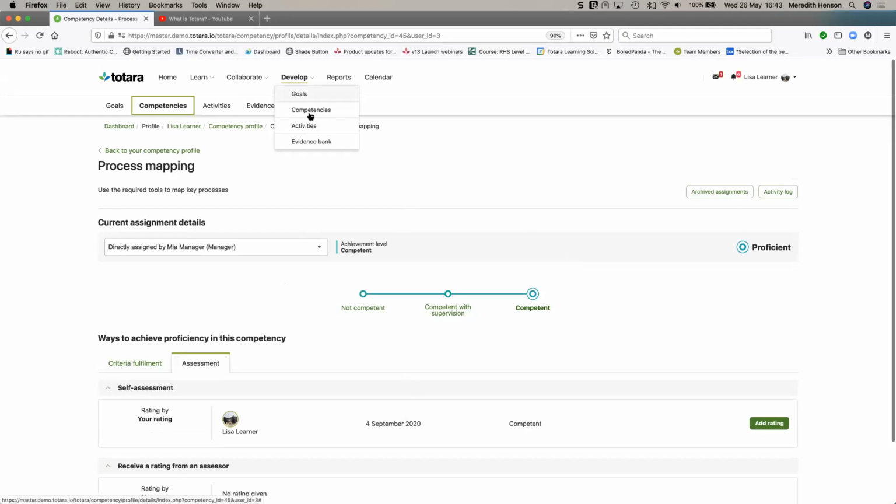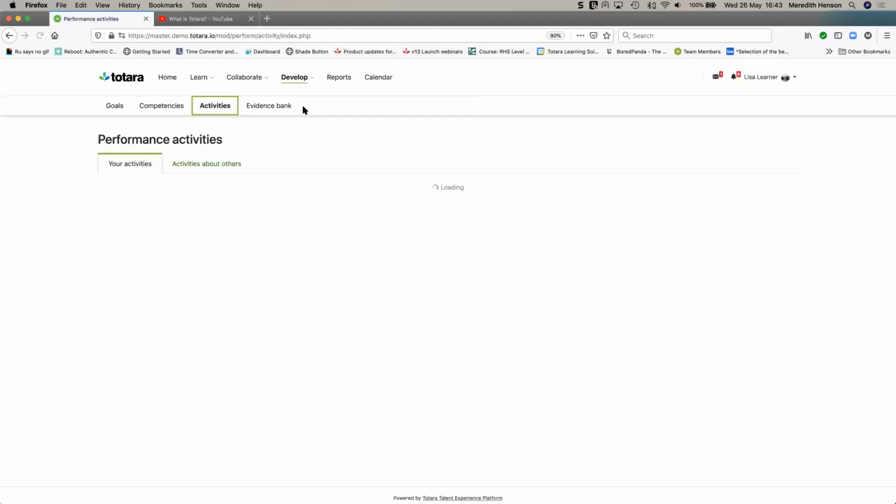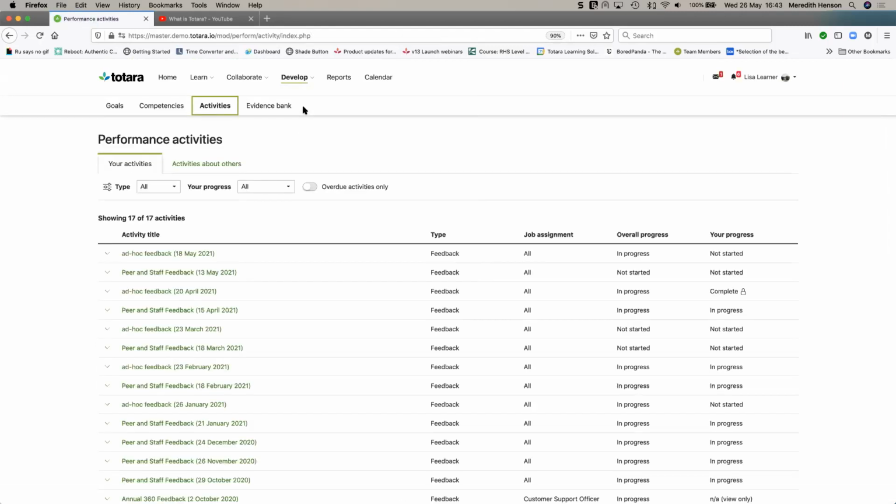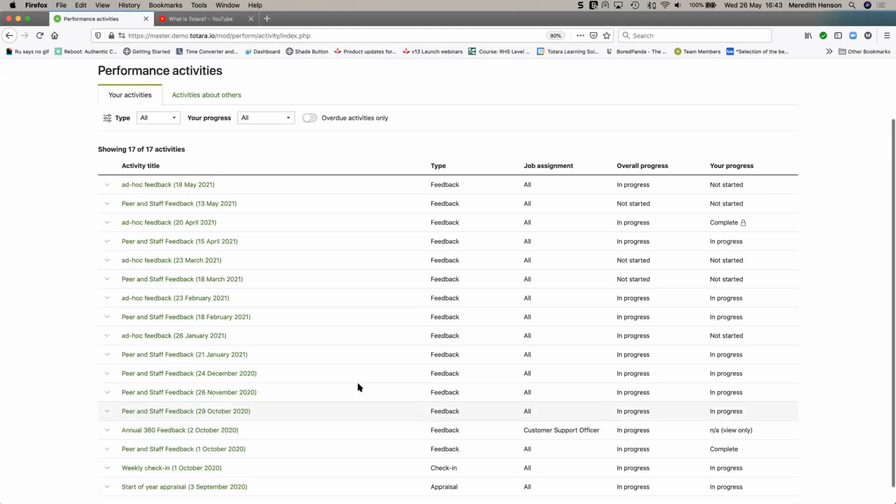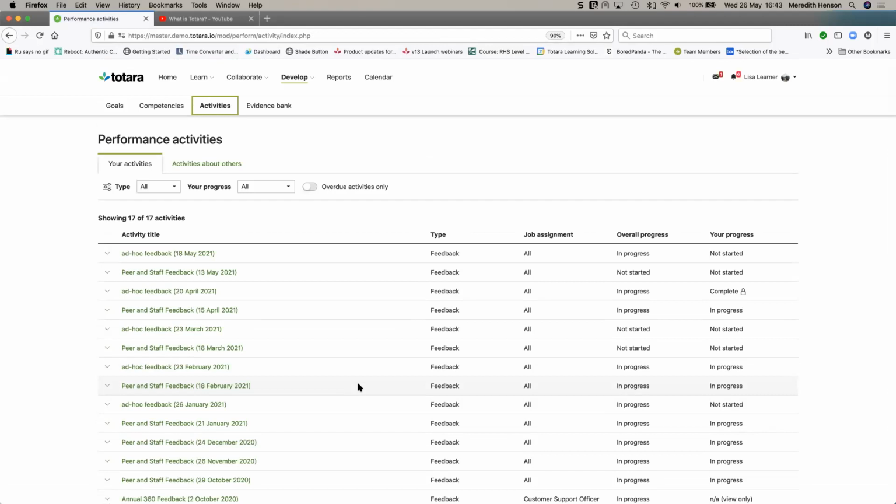Okay, so now let's move to activities. As I mentioned, we've got a range of performance activities. Lisa, because she is only a demo user, doesn't do a bunch, so she's got quite a backlog of activities that she needs to complete. But we have the idea of appraisals, feedback, and check-in type activities. And each of these forms or activities can be built with a range of different questions, from short answer to long answer, to multi-choice, single choice, to rated, scaled, or a numerical scale or a custom scale.